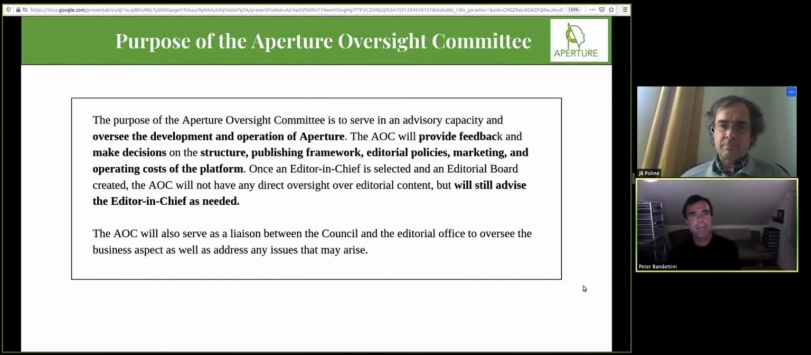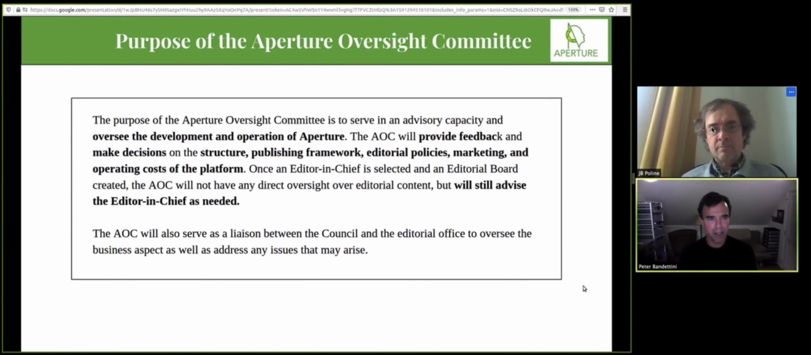Okay, so as far as the purpose, I went over this a little bit. It's to oversee the development and operation of Aperture, provide feedback, make decisions on the structure, publishing framework,